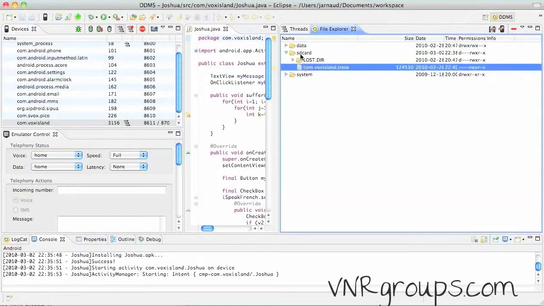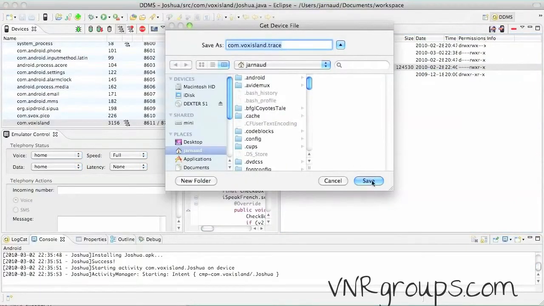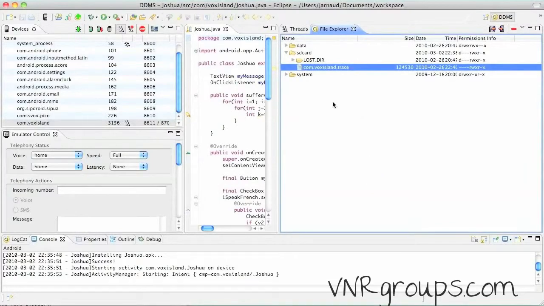See, on the SD card I have com.voxisland.trace that has been created, and I can download this and pull this from the device. I'm going to save it on my desktop,